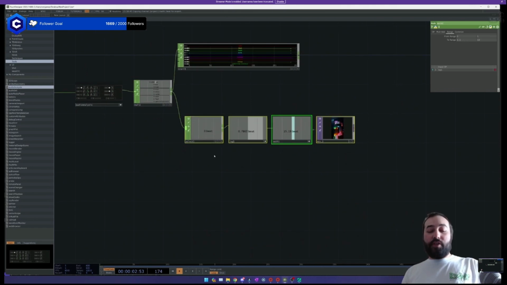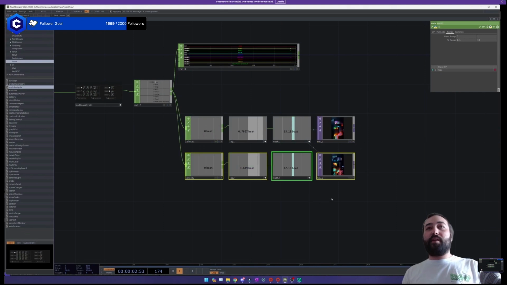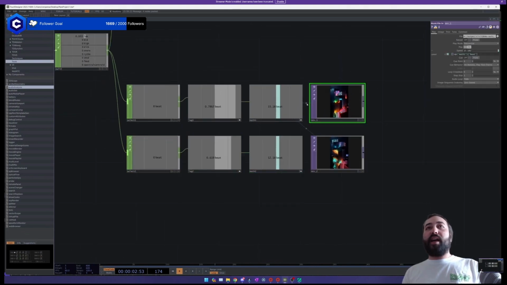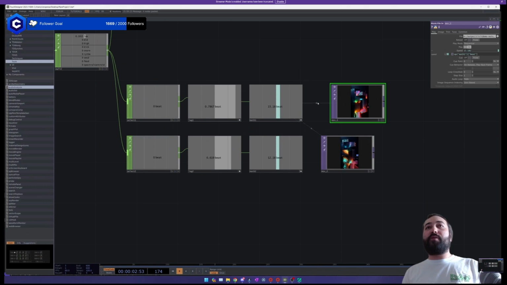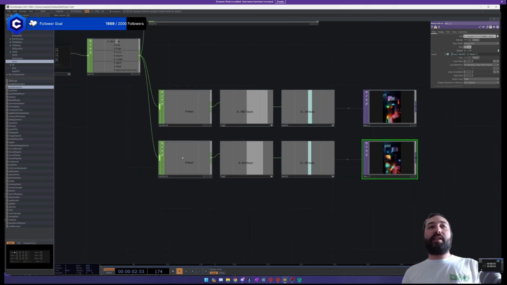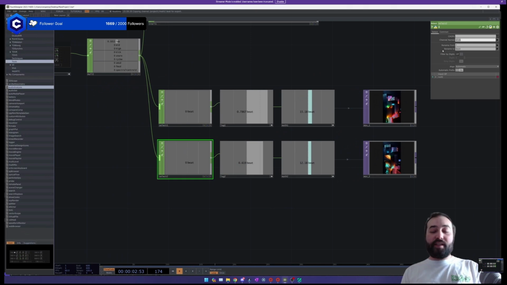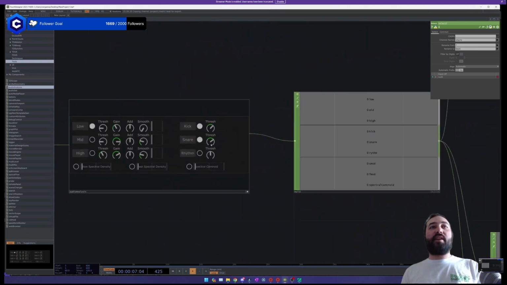But what I like to do is actually do a kick and a snare. So what I'm going to do now is copy and paste this to duplicate it. You see this little line here showing that there's a reference connection. It's still referencing this first one here. So I'm going to change it so it references this one. So now they're referenced separately. And where we grab the kick here, instead we're going to grab the snare this time. So now we can grab the snare. It seems like I think we have to turn the threshold up a bit on it.